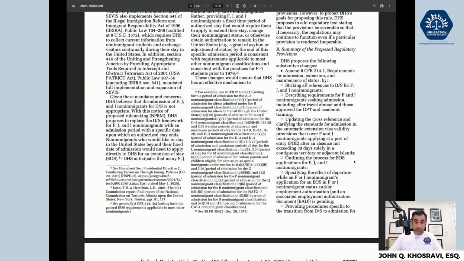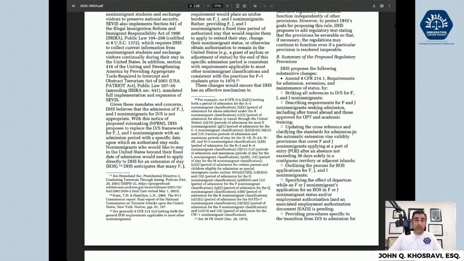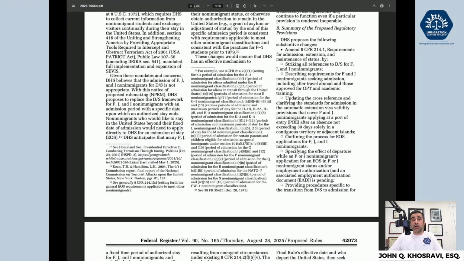Then here on the bottom of page 72, there's another part that says specifying the effect of departure on F and J visa applications. This is an interesting one that we're going to get into more, is that it almost codifies the fact that a period of stay authorized by the Attorney General of the United States may be considered an authorized period of stay. I did another special episode where I interviewed Samir Kedeker about this, where if you have an extension of status, change of status, even just a case pending, once your underlying status ends, you're in an authorized period of stay, so you don't accumulate unlawful presence.